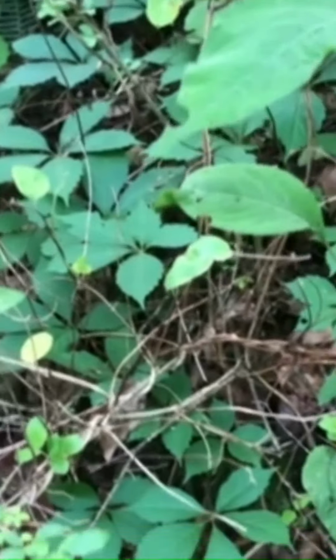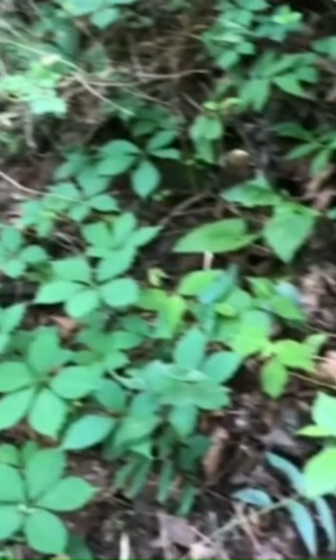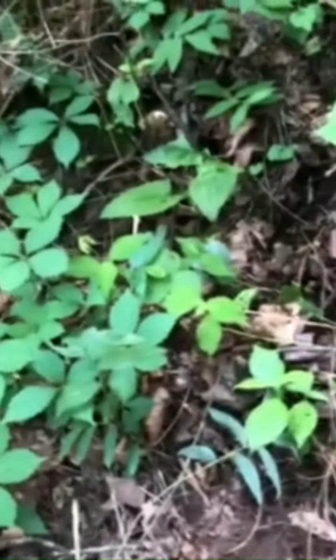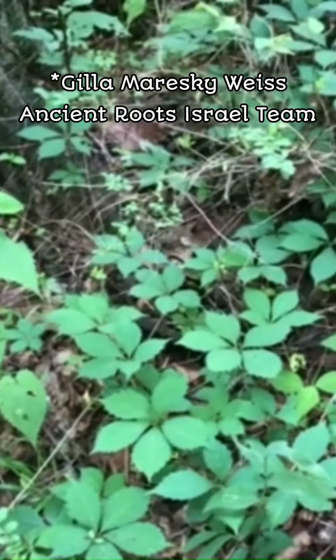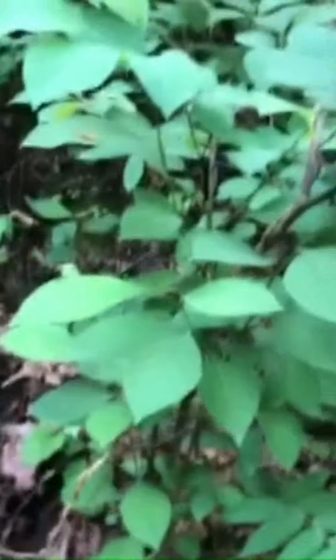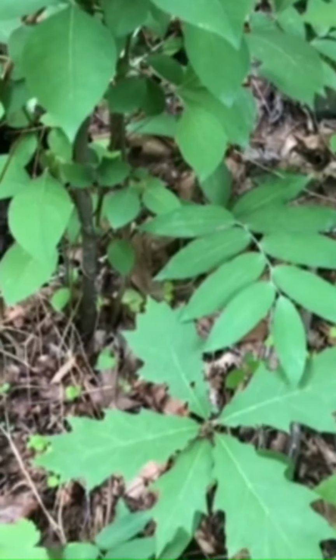And typically, we hear that it's best to pick the roots in the fall time, yet it is spring and I'm here in the forest and I picked the roots and they are beautiful and robust, and they're sticky and mucilaginous. And so I decided, of course, with some guidance from my herbal mentor Gila, that I would tincture and make oil out of these roots and see what comes out. Some of these plants are really large, and so why wait for the fall if I have them here right now? I believe that they would still be definitely medicinal,